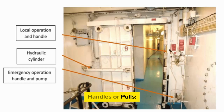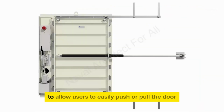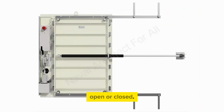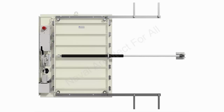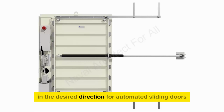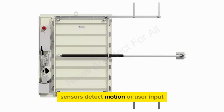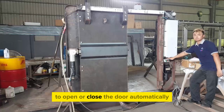Handles or pulls. Sliding doors usually have handles or pulls mounted on the door panel to allow users to easily push or pull the door open or closed. Operation. To open a sliding door manually, the user simply grasps the handle or pull and applies force to slide the door panel along the track in the desired direction. For automated sliding doors, sensors detect motion or user input, triggering the motorized mechanism to open or close the door